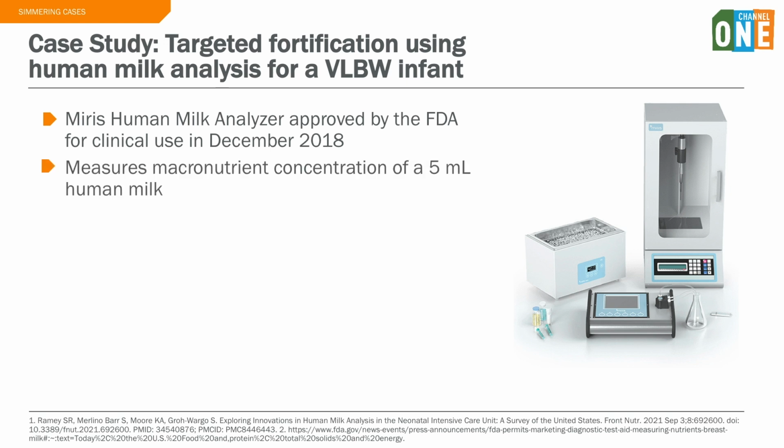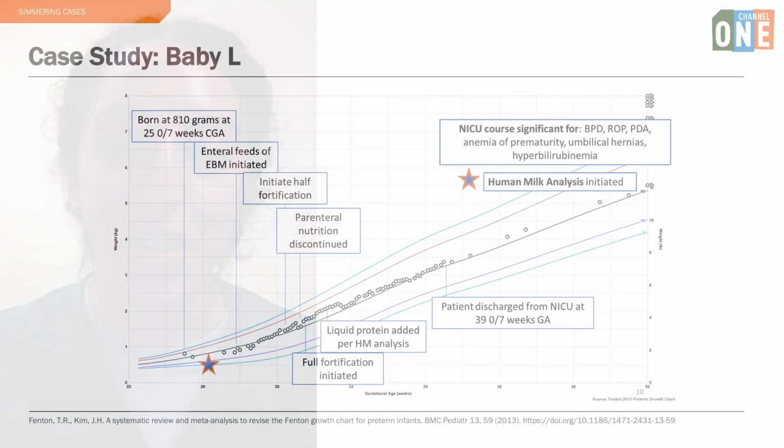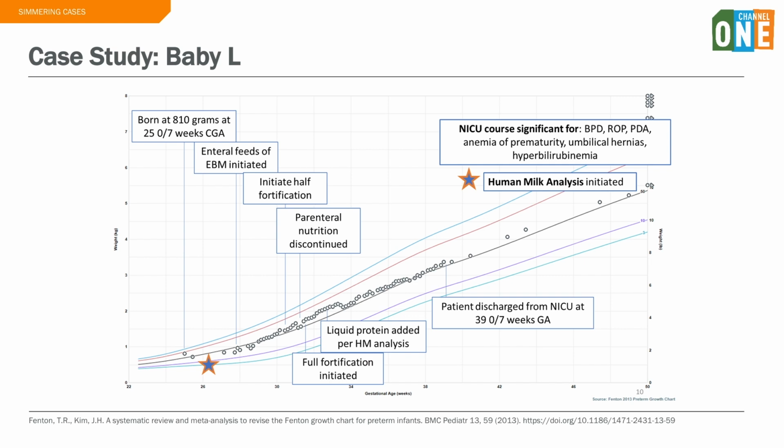The analyzer can measure macronutrient concentration on a small sample of human milk, and the results are used to construct a unique fortification plan for that baby rather than assuming the macronutrient concentration of human milk and using a standard fortification plan. Human milk analysis and modification of the fortification plan is recommended to be performed 1 to 2 times per week. To illustrate the successful utilization of targeted fortification using human milk analysis, we'll look at baby L, who